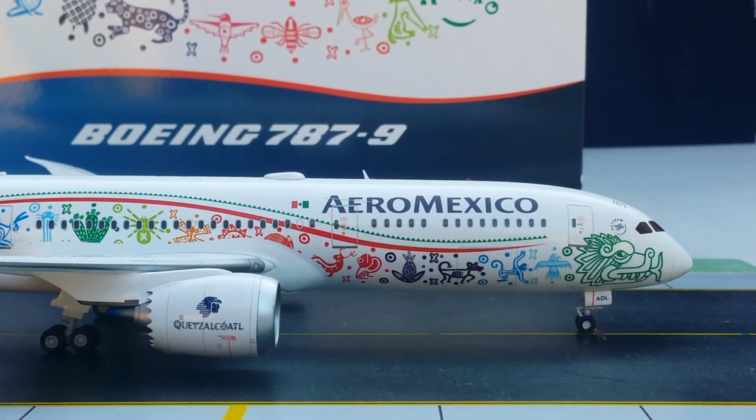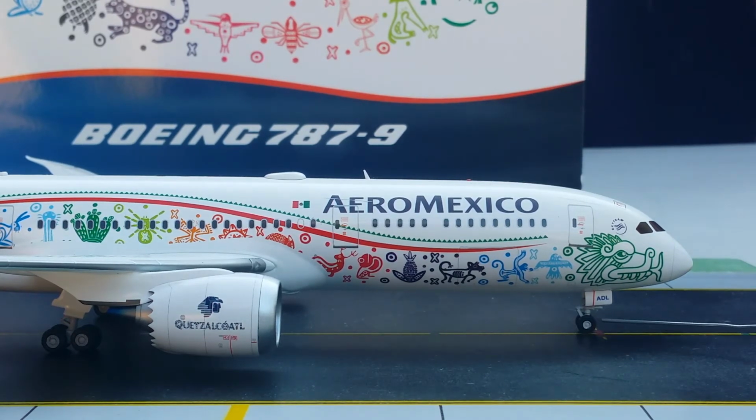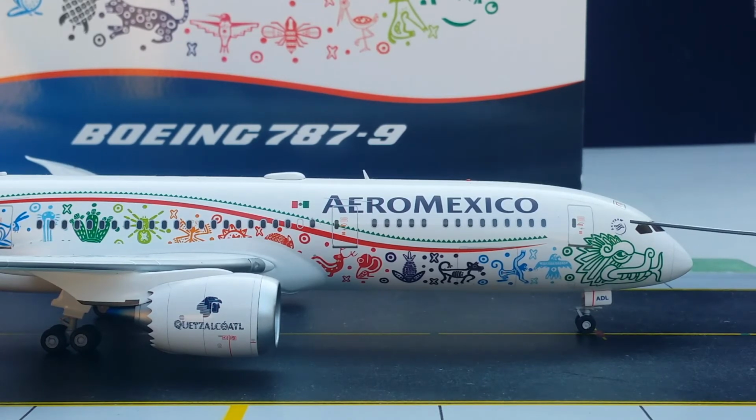Okay, we're on the starboard side of this aircraft. We see the nose gear struts, the partial registration ship number on the nose gear door, all the indigenous symbols here on the front part of the aircraft, the nose cone, the windshield wipers, the cockpit windows, the SkyTeam logo, the Aeromexico title along with the Mexican flag decal, the front cargo container door right there, the inboard landing light right there,